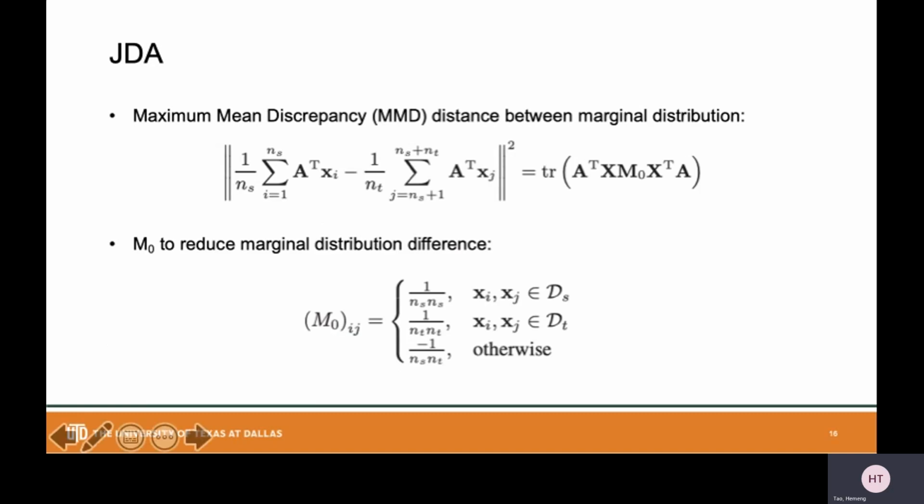And next, even though PCA is introduced, the distribution difference between the two domains is still significant. So to reduce the distribution difference, this method adopts a distance measurement mechanism called maximum mean discrepancy. And here, you can see M0 is calculated to reduce the marginal distribution difference.